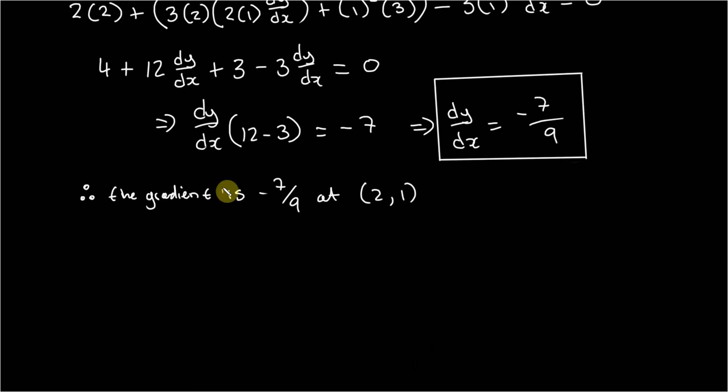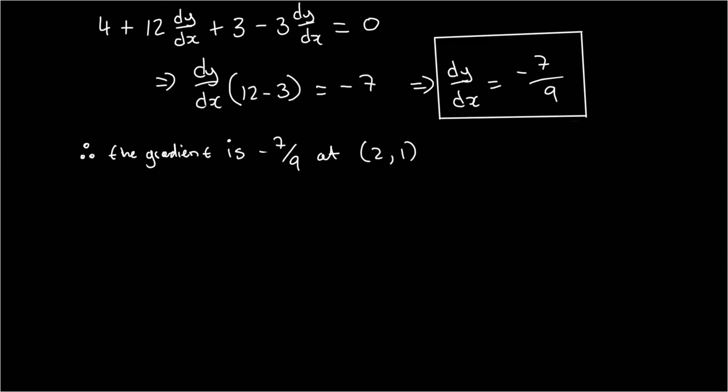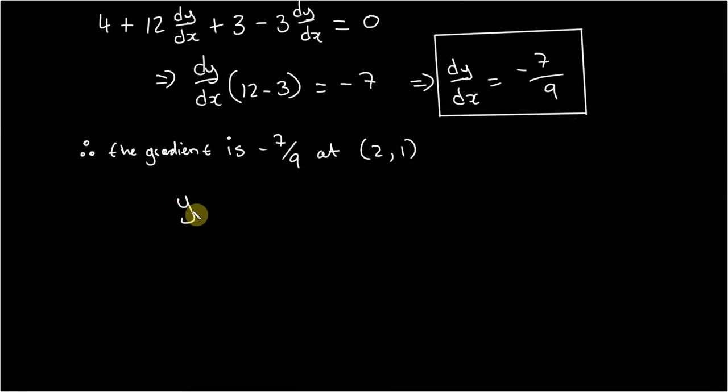However, we are asked to write the gradient of the tangent. Now that's, or the equation of the tangent, sorry. So this is the gradient of the tangent here at the point 2, 1, right? But the question asks us to find the equation of the tangent, so let's just do that and we will be finished. So, well, we know, one should know this,